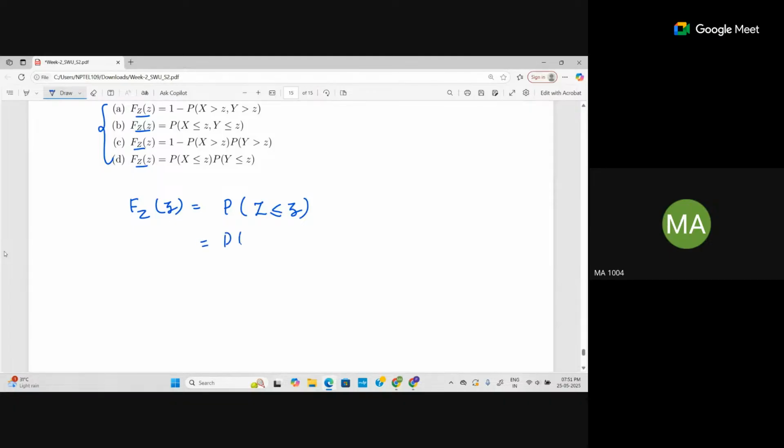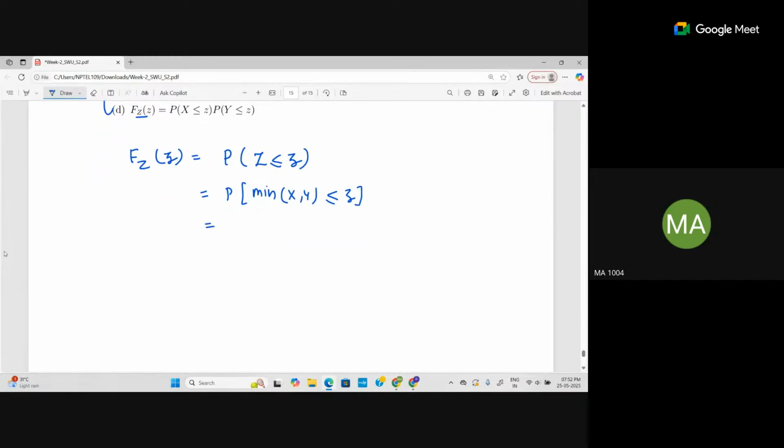Now Z is the minimum of X and Y, so the minimum of X and Y is less than or equal to z. So may I write it this way, that 1 minus the probability that the minimum